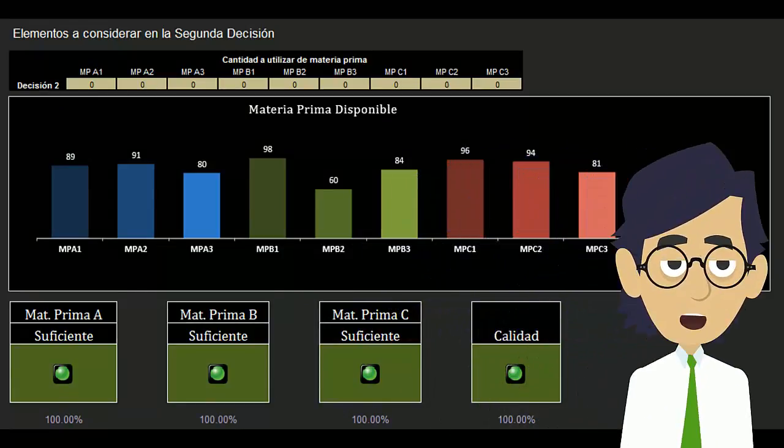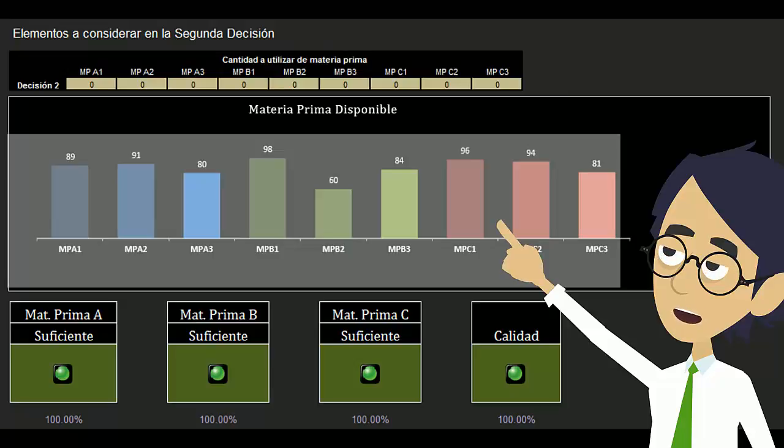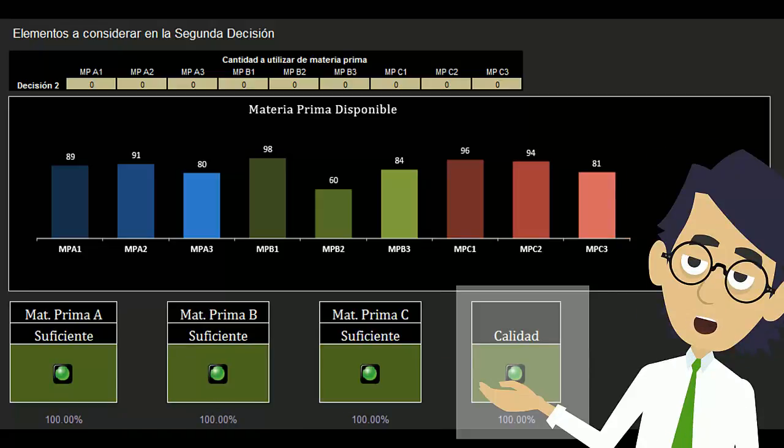This part helps you to consider the raw material you will use in the production run. In these cells, you can place the amount of raw material you want to use, and these bars will tell you how much raw material is still available. These semaphores will indicate to you if the quantities of raw material you have chosen are sufficient to carry out the production run. Finally, this semaphore will tell you if the quantities of raw material you have chosen reach an